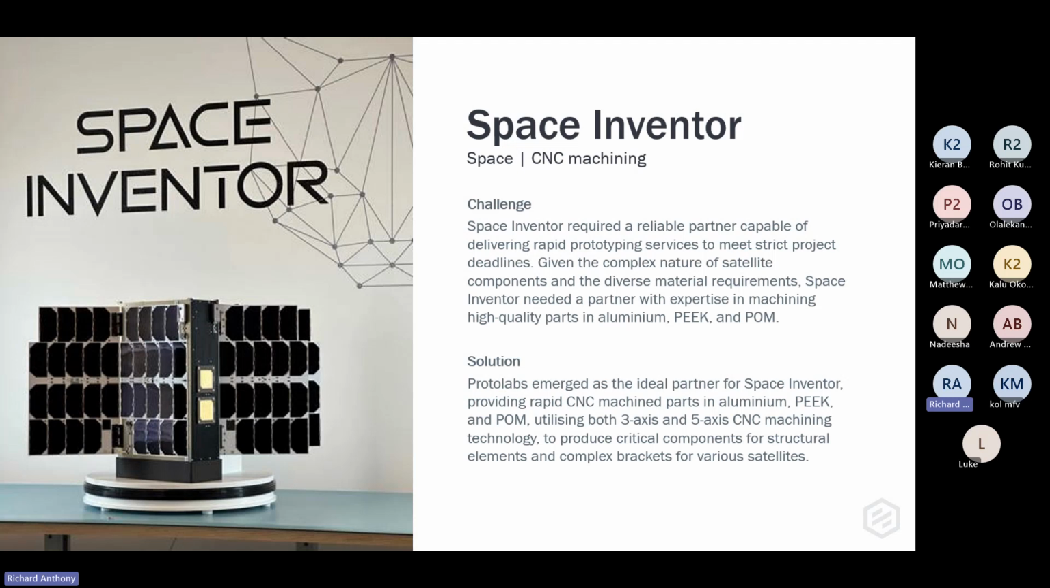This company makes satellite components, so I guess space industry in this case, and we were supporting with making aluminium, PEEK and acetyl POM parts from our CNC machining processes. So things like helping with the brackets, so parts that have structural elements within the parts. So we were able to supply those plastic and metal parts on a fast lead time to support their development